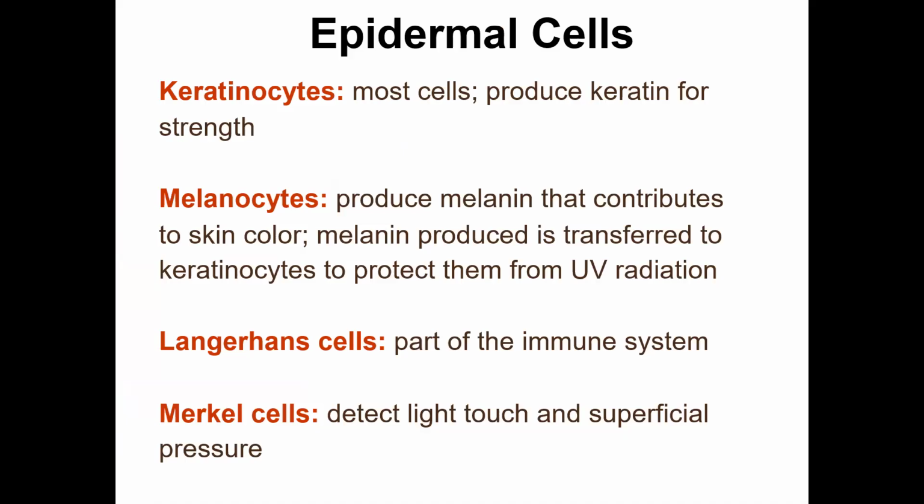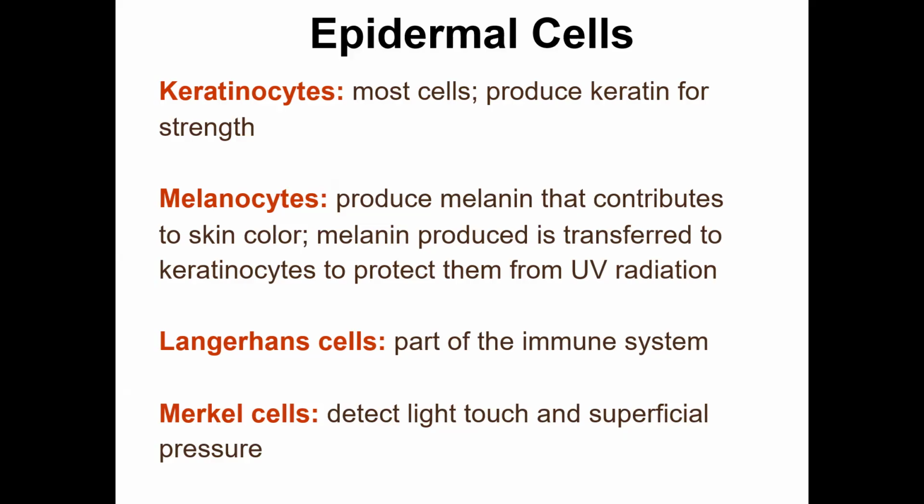Our melanocytes produce melanin, and that's the pigment. It's a black-brown pigment that's going to contribute to skin color. The melanin being produced by those melanocytes is going to change the appearance of our skin. Everyone has about the same number of melanocytes, so it's really how active or responsive they are to the UV light that determines how much melanin your body